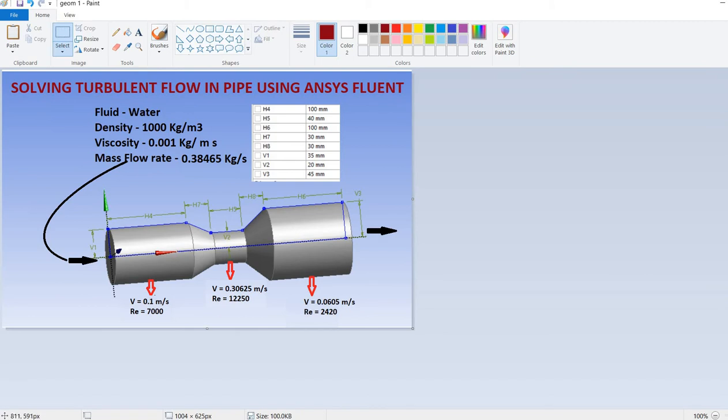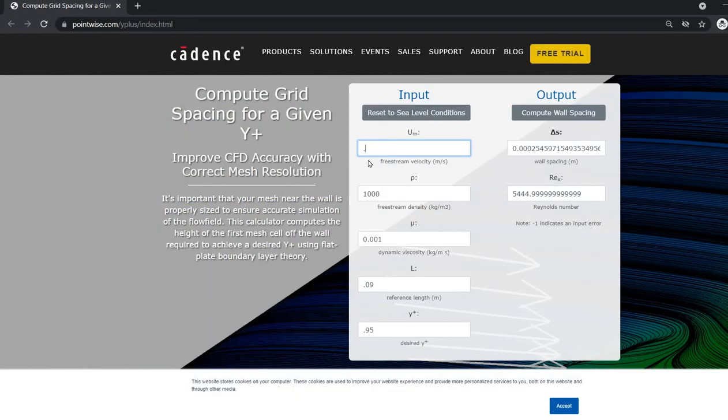Here we have a little mistake. Here the Reynolds number is 5444. So in the middle section we have the lowest first cell height for wall y plus less than 1. So I am entering that velocity, 0.30625. The diameter is 40 mm. Calculating it, we have a first cell height of 0.05.